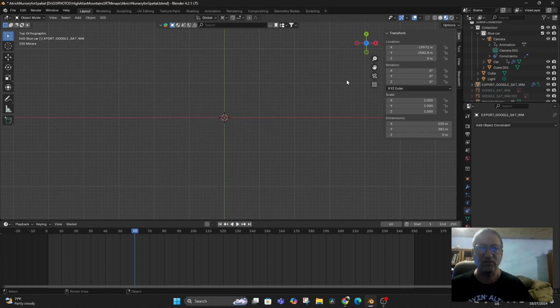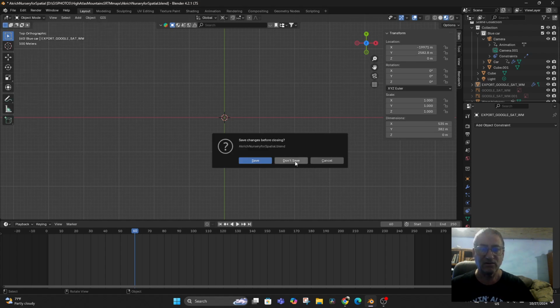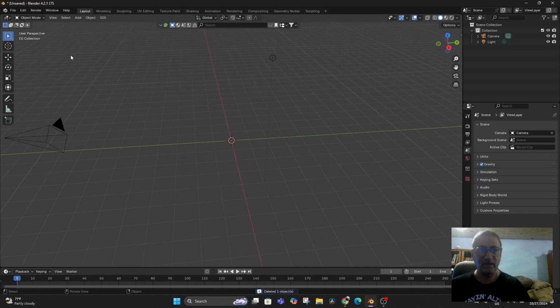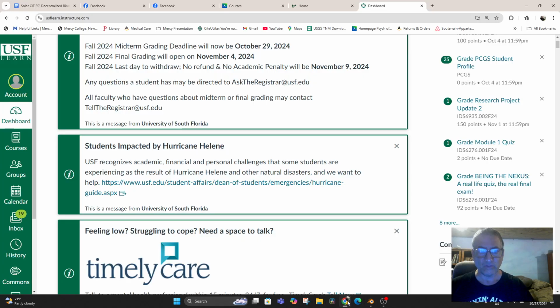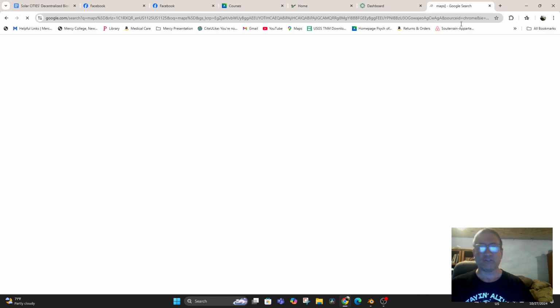Then let's do the following. Let's just start with a brand new file. And we won't save this. We might as well. We're playing with animation on that one. I'll get rid of this cube. And I'll come in first. I will go to the web and go to maps.google.com. And I will go to,